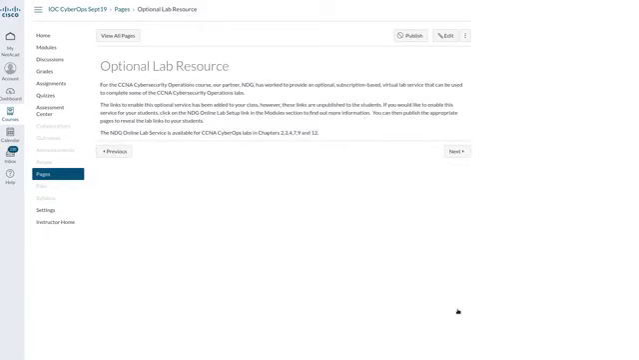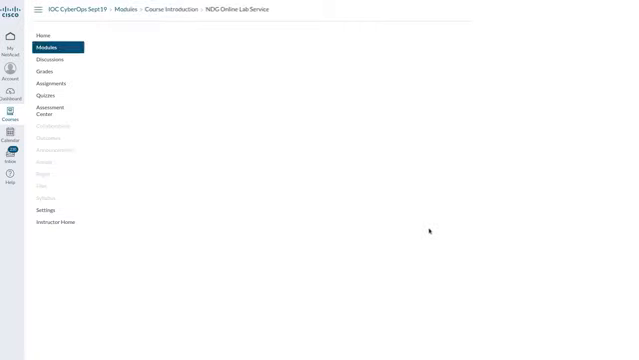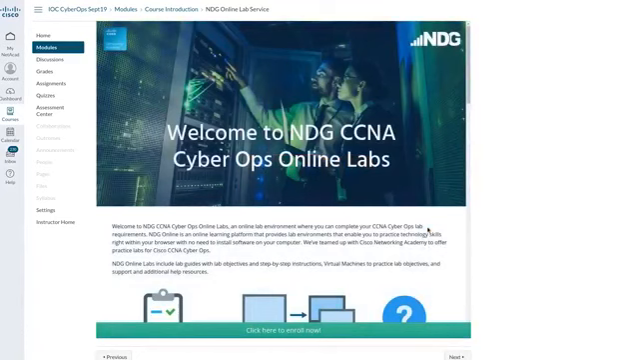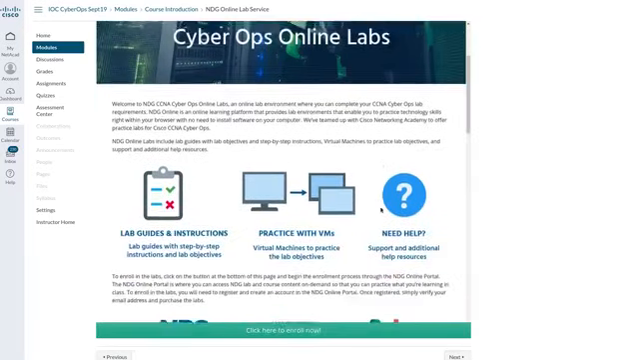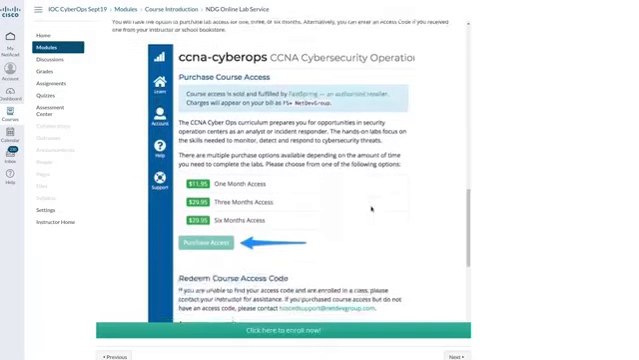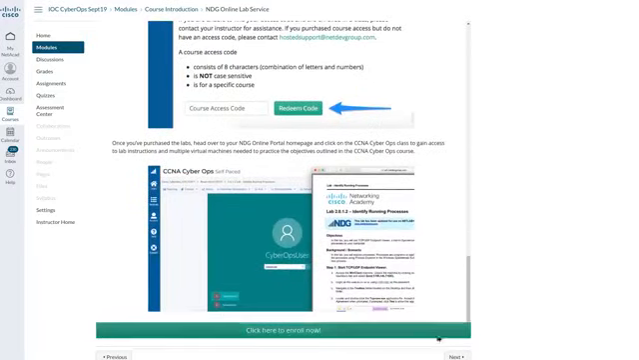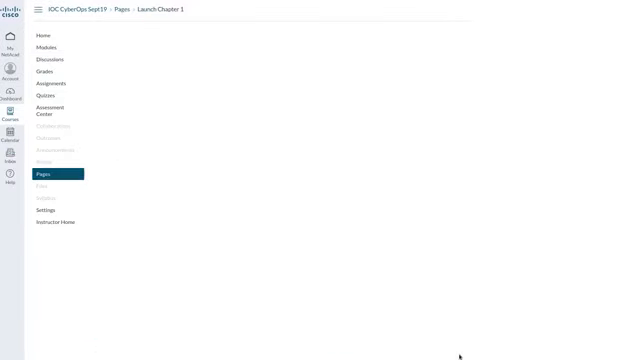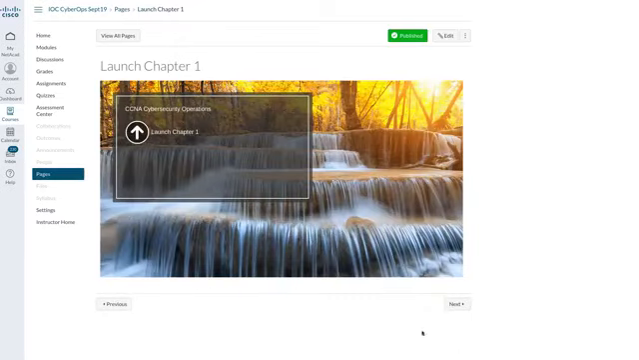Okay, there are some optional resources. I'll let you have a little look through that. And these are the NDG CCNA CyberOps online labs. Again, this is not required for the course. It's just some optional resources which can be used. And that's what I was looking for. So,